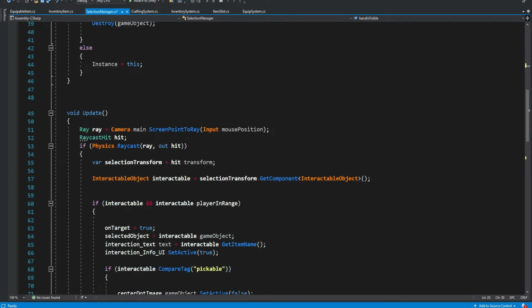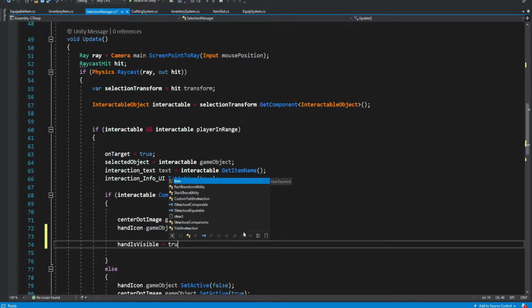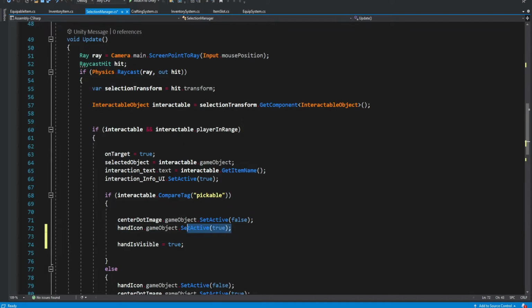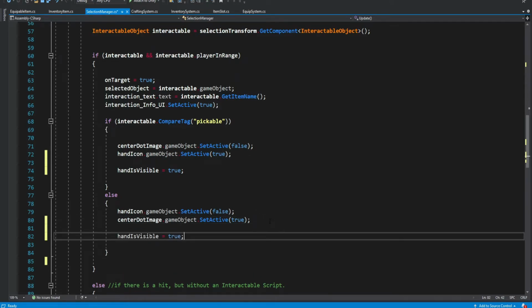So inside this update method, we're going to set this hand is visible to true, right? Because over here we set it to true. And over here we set it to true. No, here is false, so we're going to set it to false.